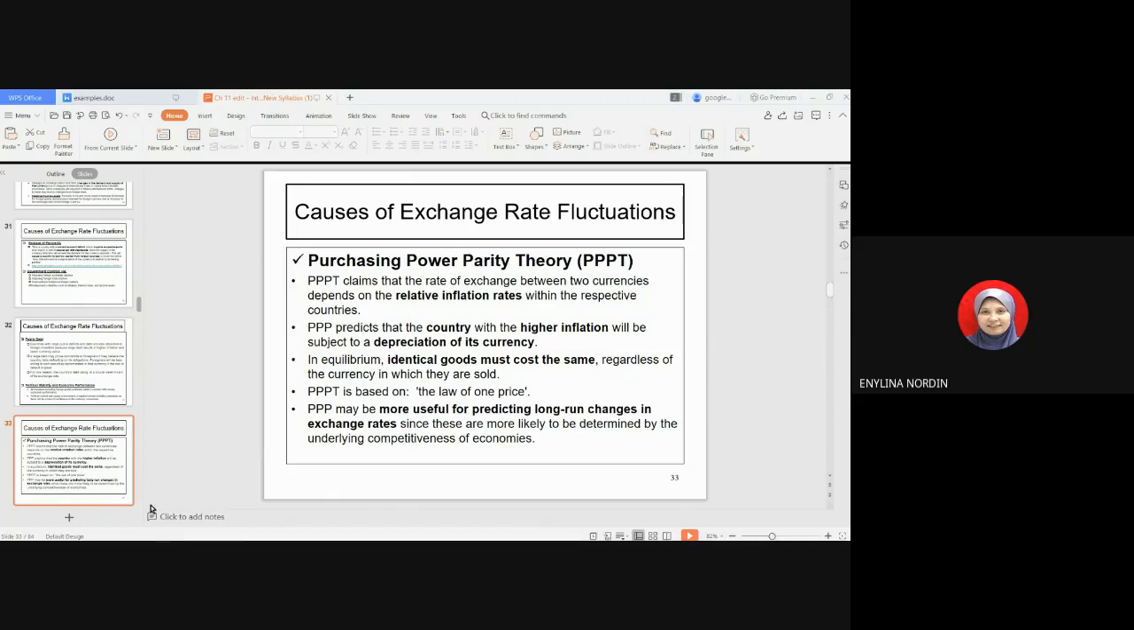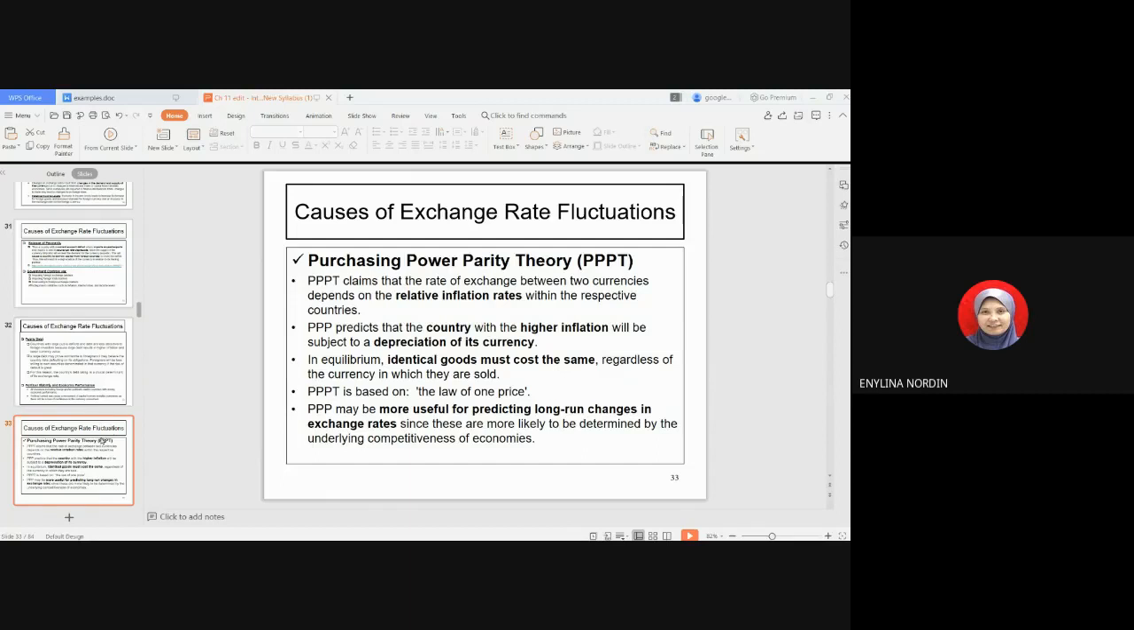According to PPP theory, the country with the higher inflation rate will be subject to depreciation of its currency. So PPP tells us that the exchange rate will rise if the inflation rate in the country is lower than in other countries. And for the PPP here,